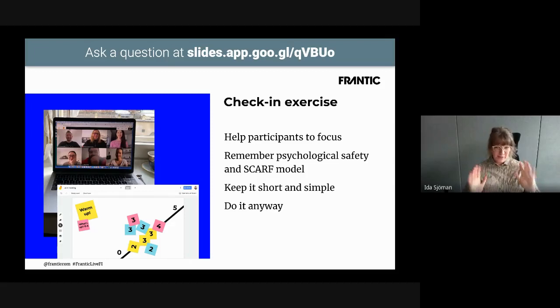I don't care if it's a board of directors or a team, just do it anyway. The higher up you go in the hierarchy, the more often they haven't done these things, and they feel their time is really valuable, and they wonder why we're wasting time on this. But when you keep it very compact and explain why you're doing it, it becomes really interesting, and it gives you really interesting data on how people are acting and interacting with you. And with teams, of course, it's usually, oh, we've done this so many times, we know what's going on. So